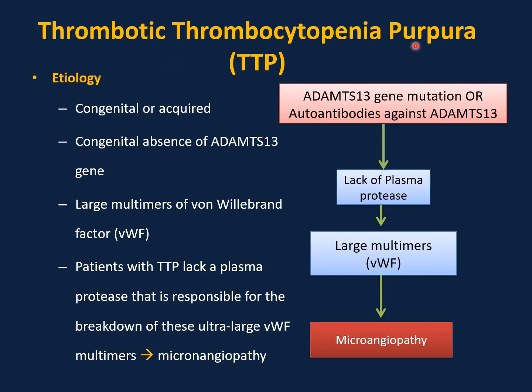Thrombotic thrombocytopenic purpura. This is a congenital or acquired disease. It is because of ADAMTS13 gene mutation or autoantibodies against this molecule, ADAMTS13. What happens when you have decrease in ADAMTS13? This will cause lack of plasma protease, which is very important to break down these large multimers of von Willebrand factor. And if you have accumulation of large multimers of von Willebrand factor, this will cause microangiopathy and endothelial injury in the blood vessels and subsequent